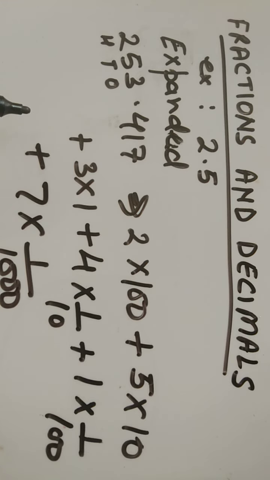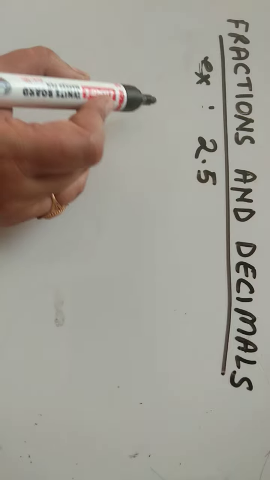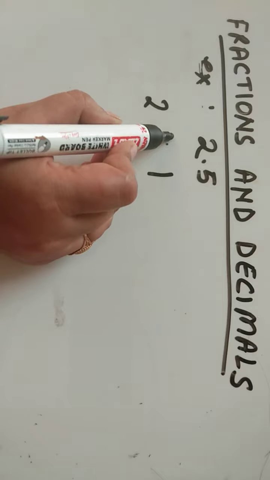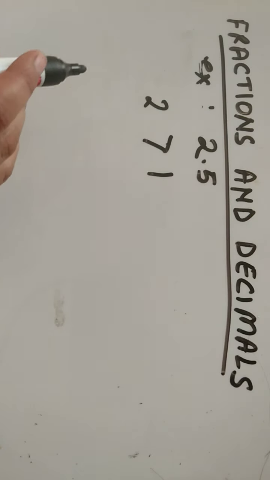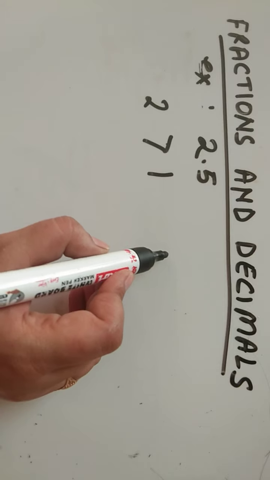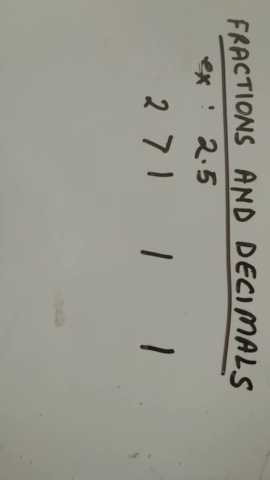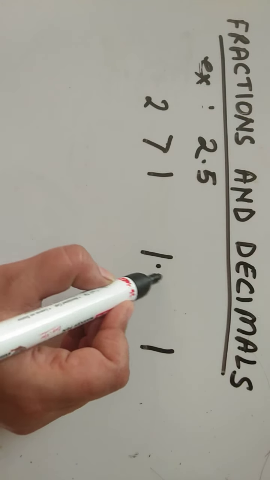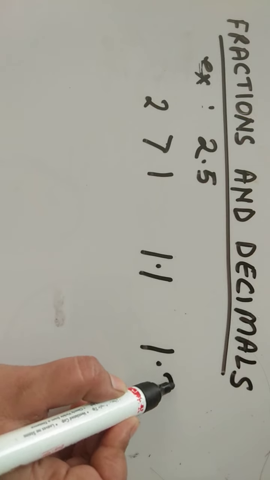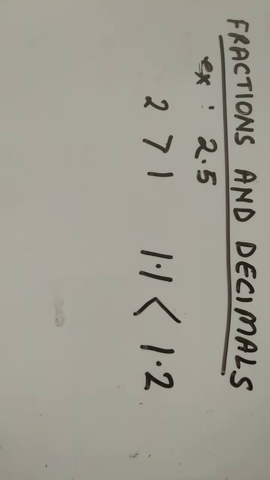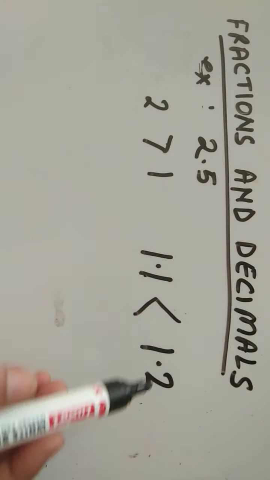Now we will discuss the comparison of numbers, how we compare them. When we compare the numbers 2 and 1, in that case 2 is greater than 1. Now if we have the same number 1 and 1, but with decimal points after it, for example 1.1 and 1.2, in that case 1.2 is greater than 1.1. Means after the decimal we compare it.